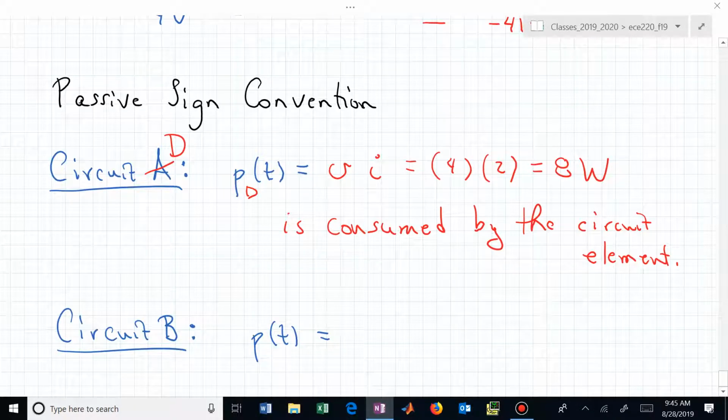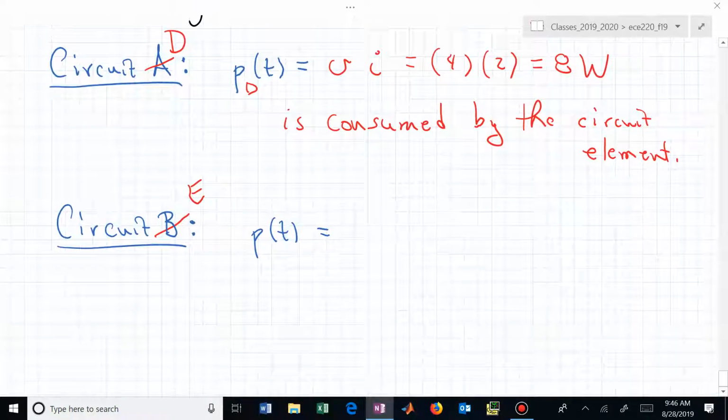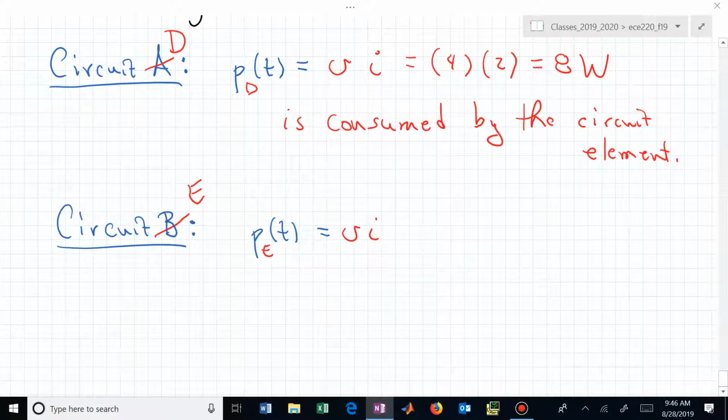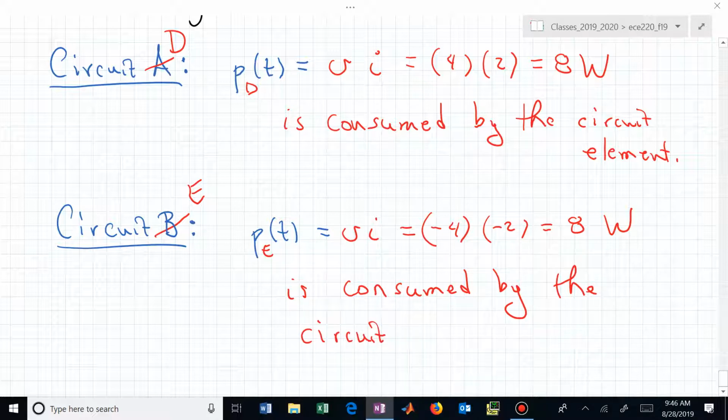What about circuit E? Based on the passive sign convention, what's the formula for power? P is VI, because the arrow is going into the plus before it goes through the element. So now circuit E says that this also is VI. In this case, what was V? -4. What was I? -2. 2 negatives make a positive. So now we have 8 watts is consumed by the circuit element,